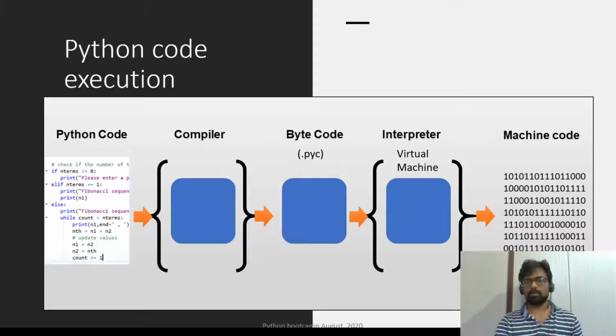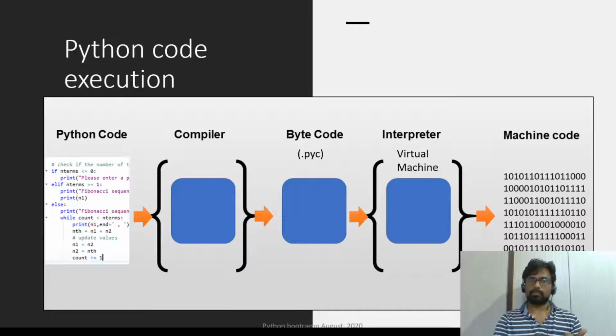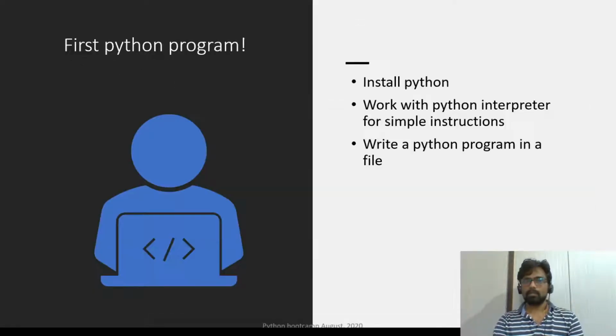The reason that we are moving to Python is because we are trying to become more hardware independent and operating system independent. That is what is called portability. Portability is first in terms of operating system. That means we don't have to care about what is the operating system that is underlying. It could be Windows, Mac OS, or Linux. So we saw that.